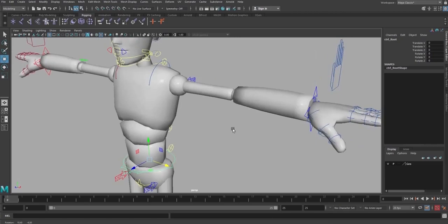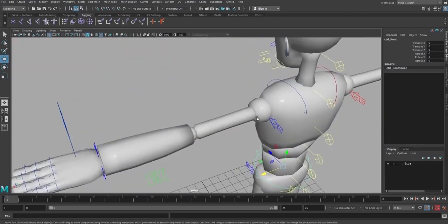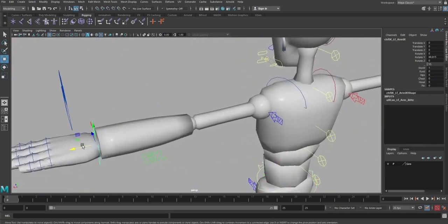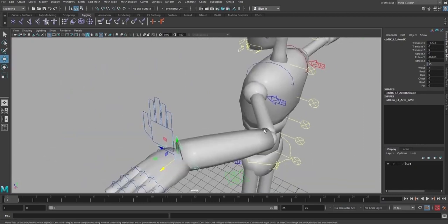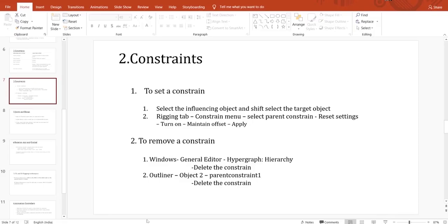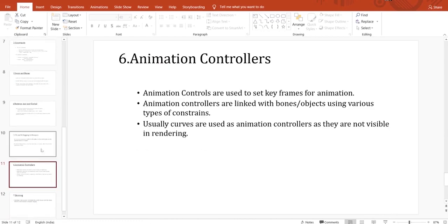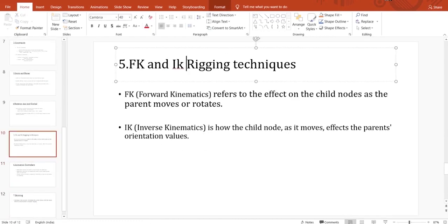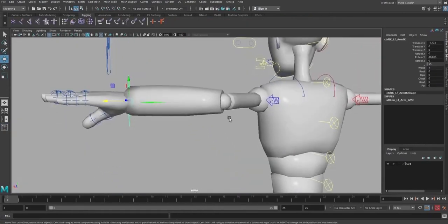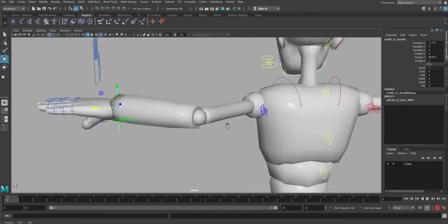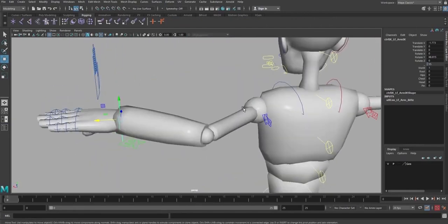There comes the pole vector. If I want to move this arm, I can move and fold it. This is using the IK handle. I will explain what an IK handle is and all these things. You are going to rig a character like this, but how do I move this elbow? That is where the pole vector comes in.